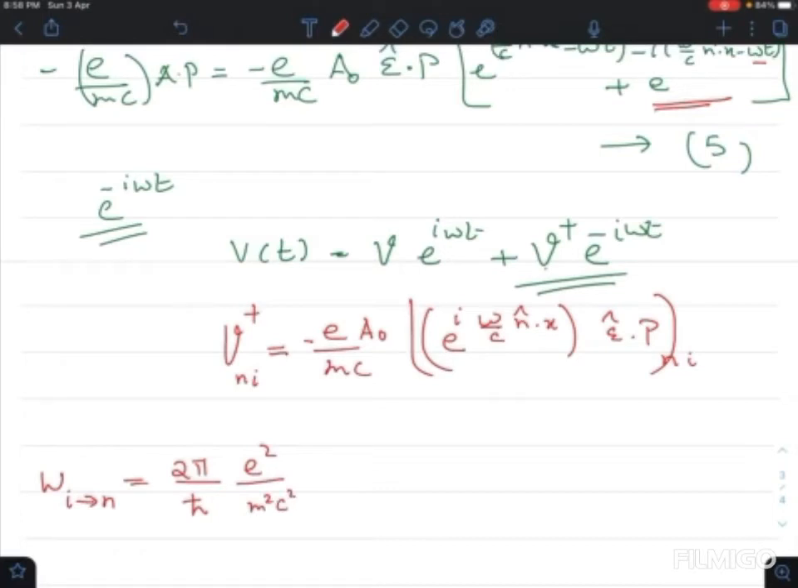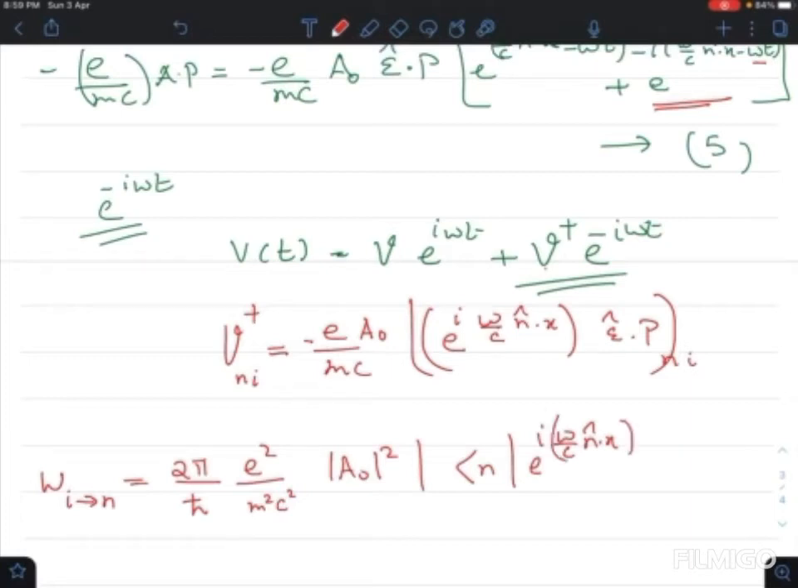Again recollecting, we have written for the harmonic perturbation as 2π/ħ |V†_ni|². So that is what we are doing. So 2π/ħ we have written, then V†_ni the whole square. So it is e²/mc² modulus of A0 squared. Then what you have inside the bracket? So n to i. So we have e^(iω/c n·x)